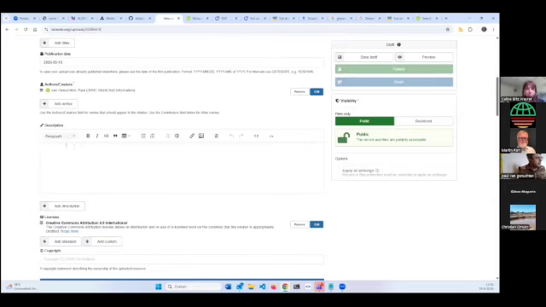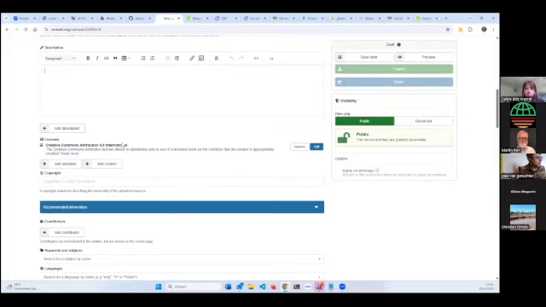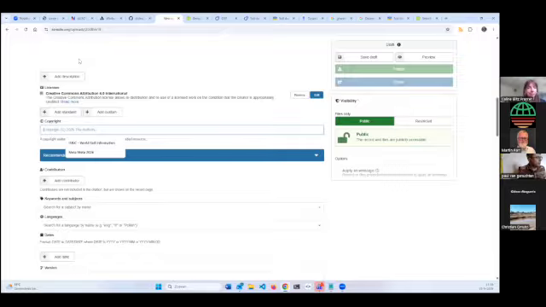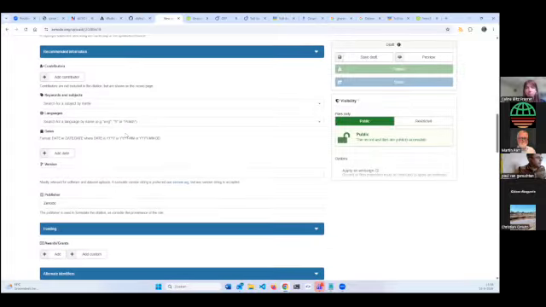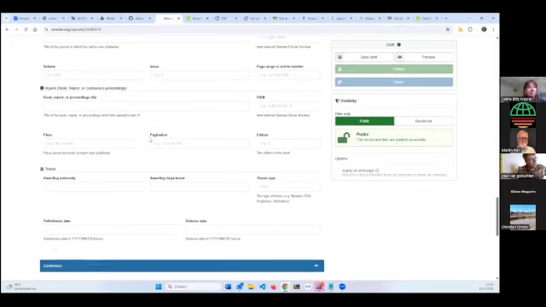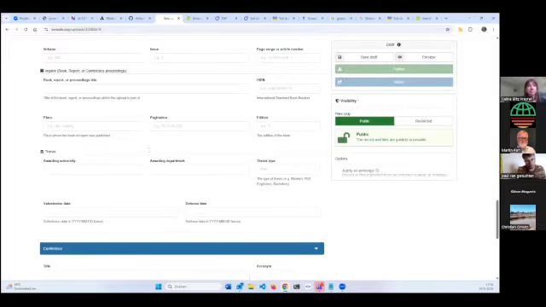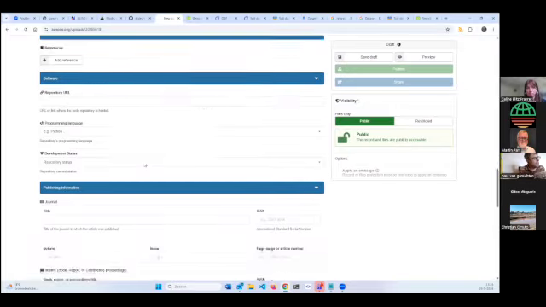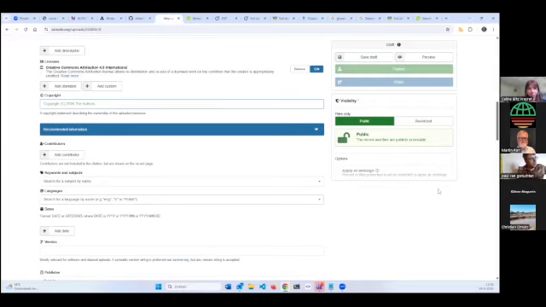Then we go to the abstract, and the license is pre-populated with CC by 4, but of course you can change that to any other license. Some copyright information. And then we slowly arrive in the optional information. You will notice that there's a lot of optional aspects that you can add to increase the fairness of your record. But if you just populate the required fields, it's enough to publish.